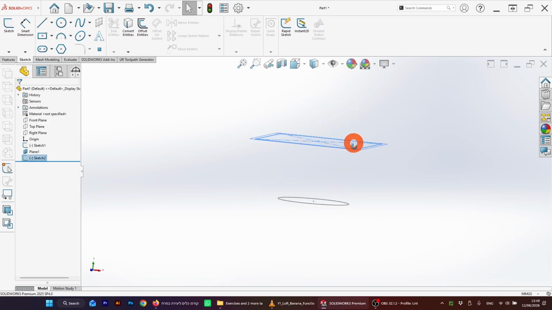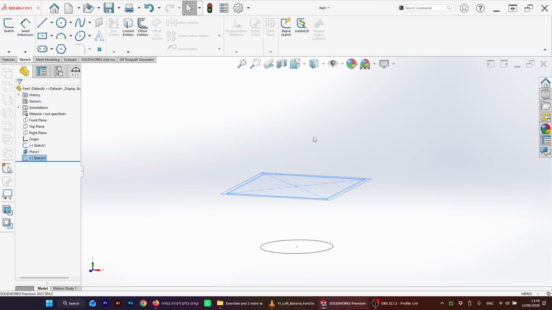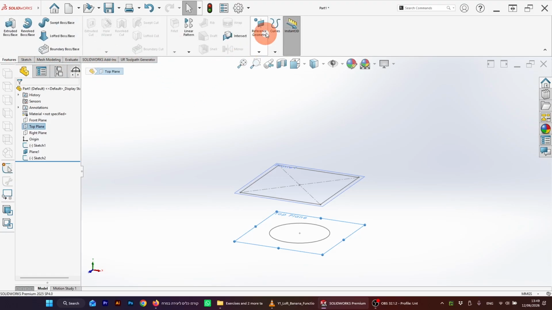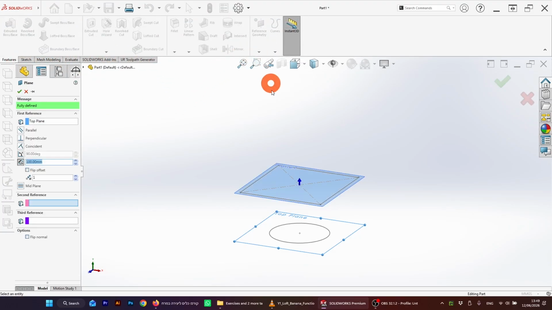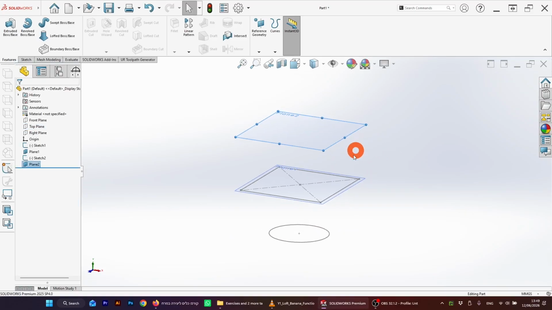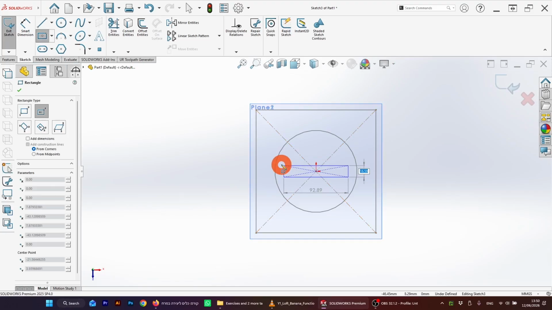Good. And actually I can keep adding shapes like that, making a third plane and asking it to become something else. Let's do it again just for practice. Top plane, we choose reference geometry, plane. It understands what I want to do, and I tell it again I want it to be above. Now I have a third plane I can sketch on. Sketch, and there I can put the final shape. For example, I'm going to do a thinner